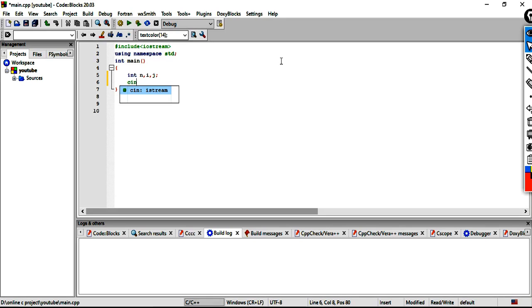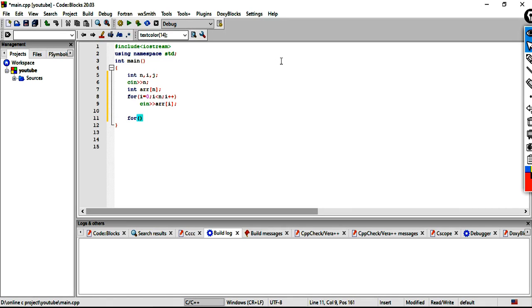First of all, just take the array size in n and take an array of n. Now store the elements, 5 elements, in the array. Here we store the 5 elements in the array.